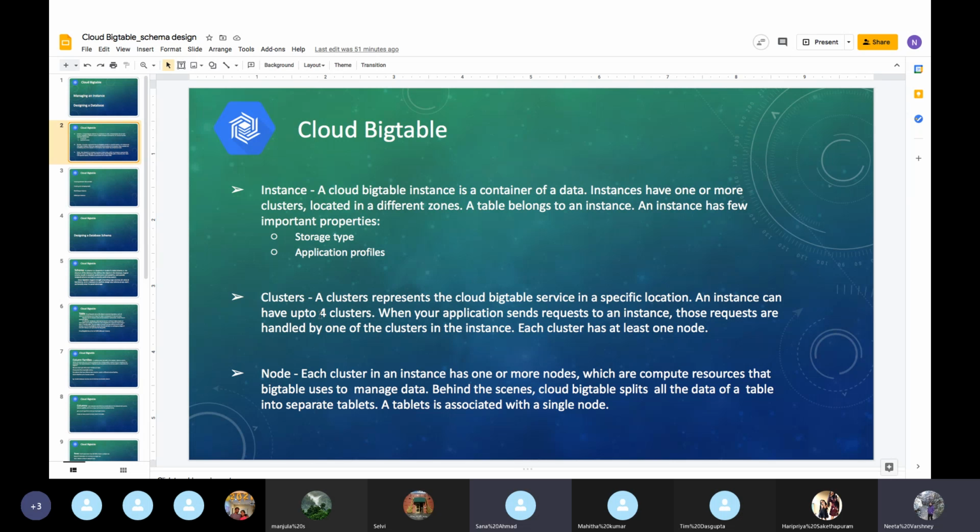Each location has 4 regions, like east, south, north, and so on, and that needs to be stored in a specific location. Okay, the zones. So within regions, clusters can have different zones. Okay. Thank you.